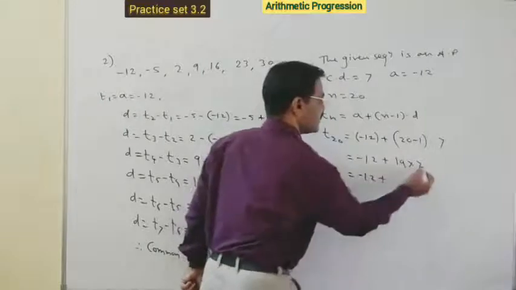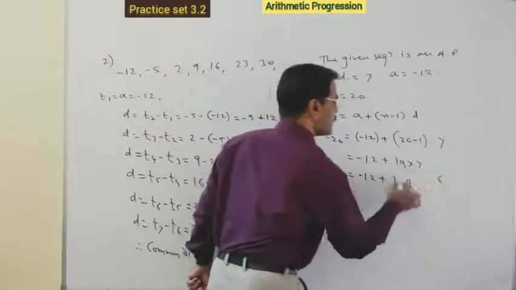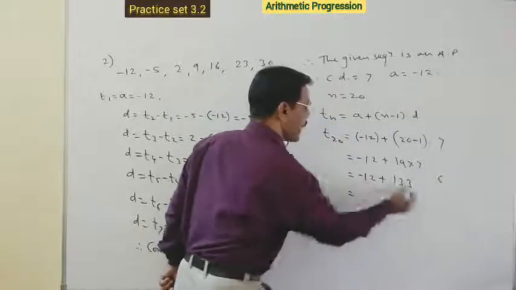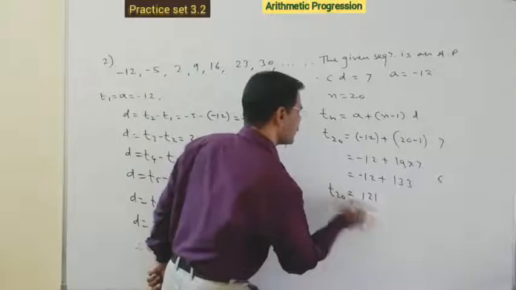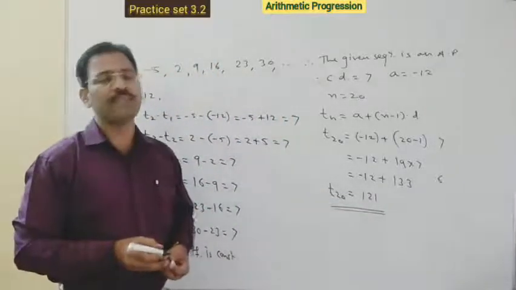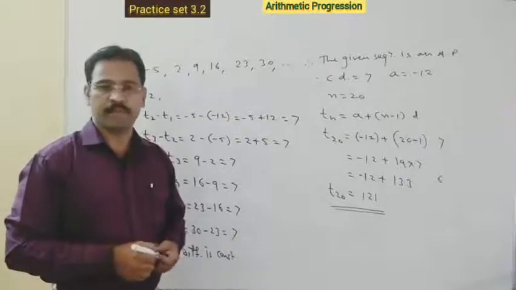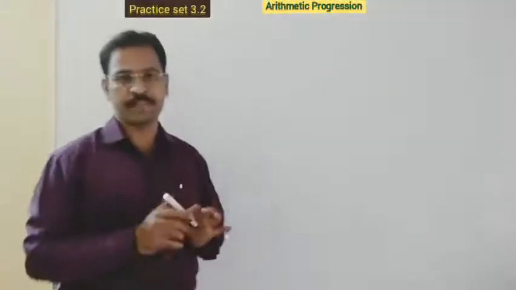Minus 12 plus 7 nines are 63, 7 sevens are 49 plus 6, 30. So by subtraction, I think here it is 121. This is T20. Understand friends? Like this, all examples are very simple. Okay friends, in the third sum,